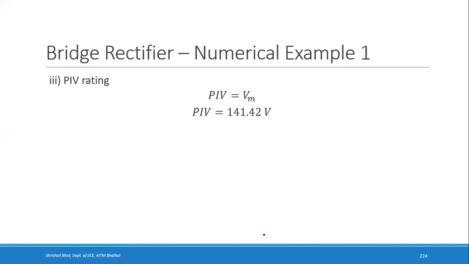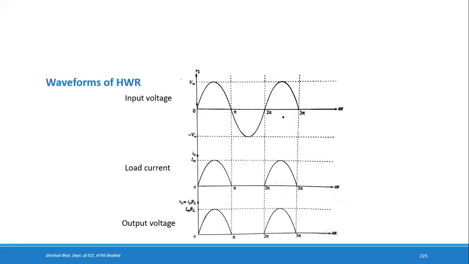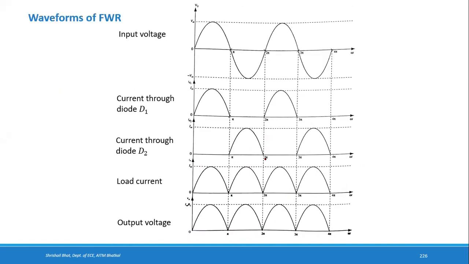So what we have done till now is we have converted our input AC to pulsating DC. In the process of conversion of AC to DC, whatever output we have achieved so far is only pulsating DC. It's not the pure DC, right? If you consider the waveforms of a half wave rectifier output, the load current will be like this, and output voltage will be like this. We are getting output only for one half cycle in the positive direction. Even if you consider a full wave rectifier, you have not obtained a pure DC. The load current is still pulsating. Even though we get output for both half cycles, there are pulses; you can see it is pulsating DC.